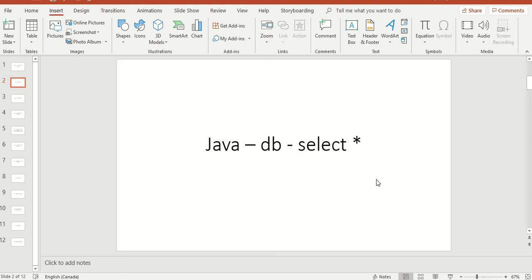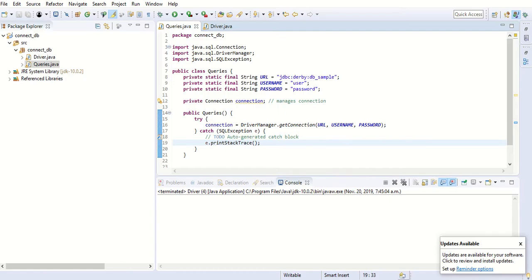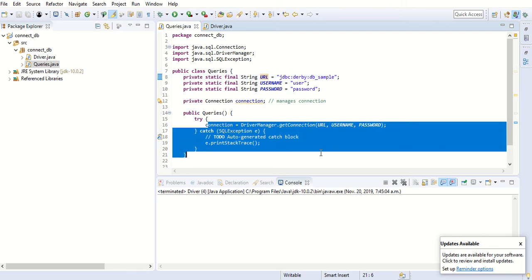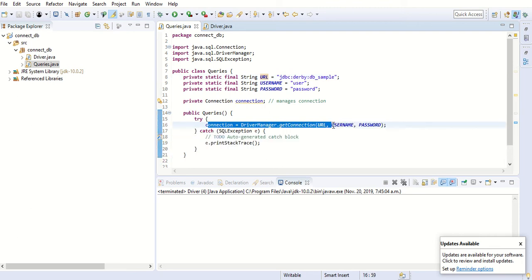Hi, in this video I'll show you how to retrieve the data from the database. So you should have completed the previous tutorial with connection to the database. So you would have something like this in your project: queries, username, password, and URL to the database, and the connection. So now what we're going to do, we will add